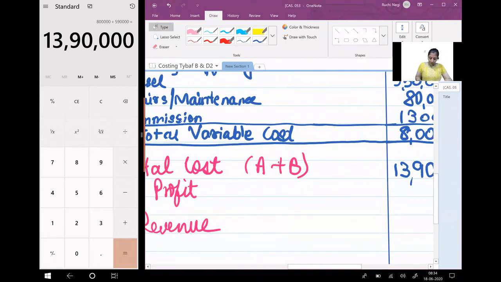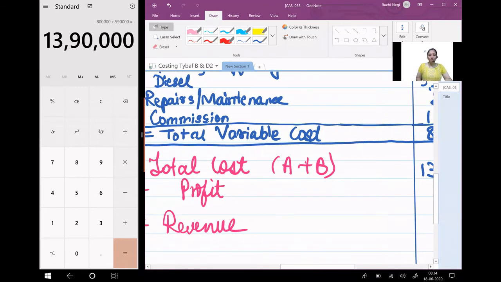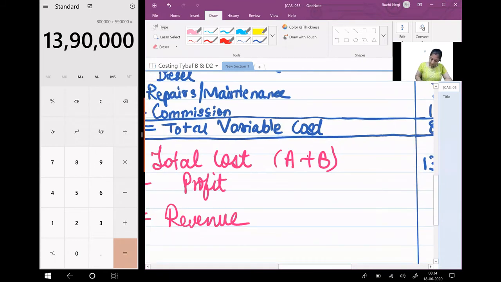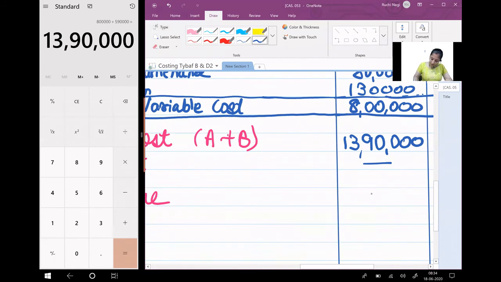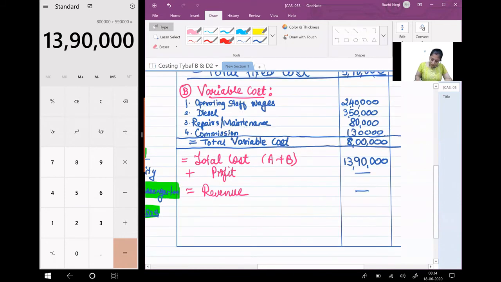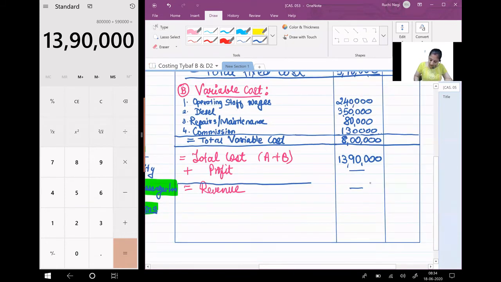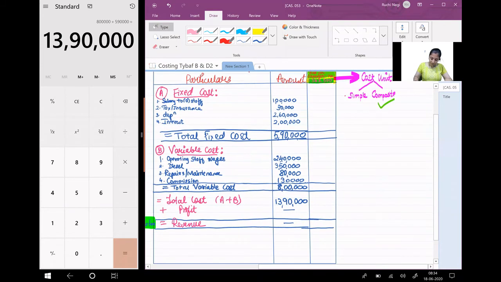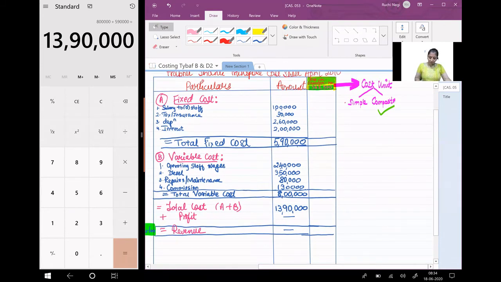Okay. And in this question, no profit, no revenue is given. The information is not there. So I cannot find. So you can put a dash here. Just put a dash because information is not there. Since it is the first sum, so obviously I have taken an easy one where you don't have to calculate all these things. Okay. So this is the end. Clear?